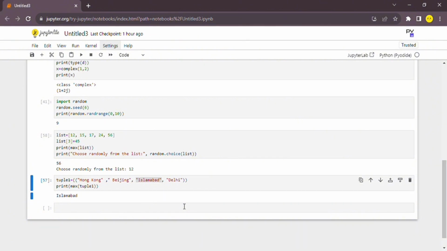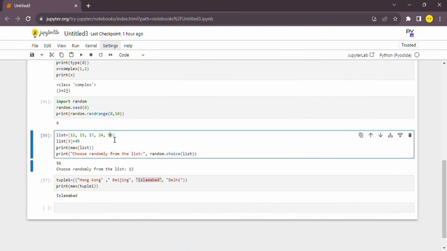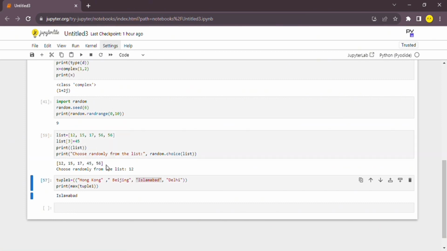So the set is changeable, which means we can modify it. However, we cannot duplicate elements. Another thing, which means that we cannot duplicate things: if I write 56 here and ask it to print the list, it will still print the list, which means it allows duplication. And will this allow duplication? Let us see. If I give it Islamabad again,